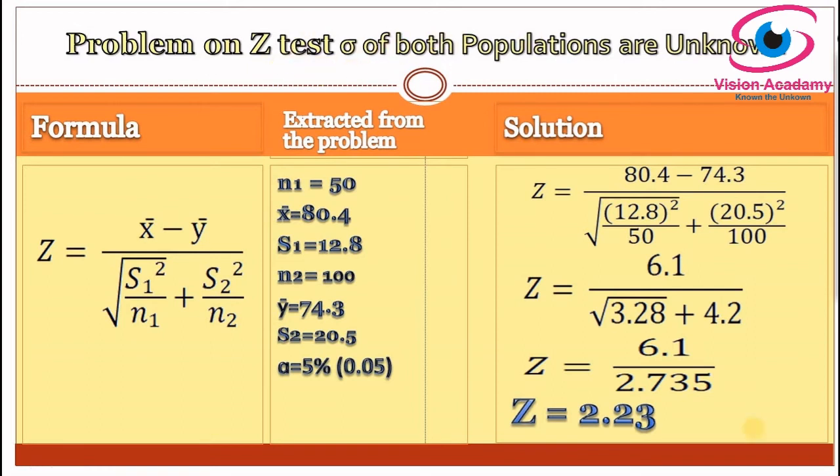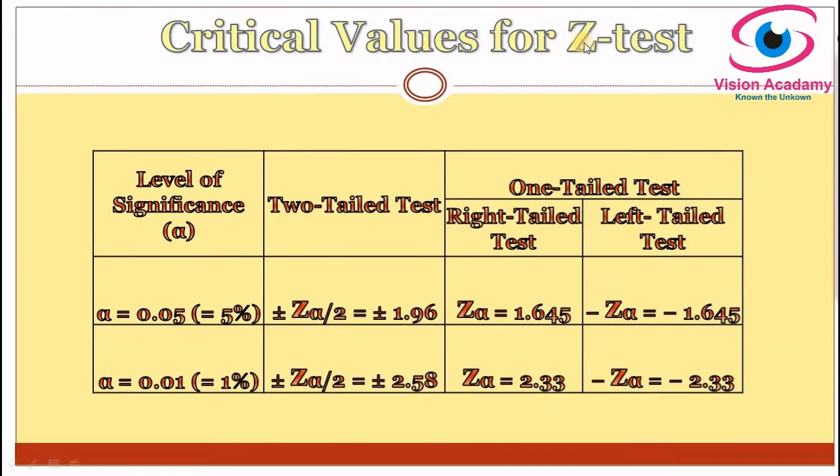In the next step we want to obtain critical values, and we have to plot those critical values and the test statistic in the graph. Then we can take a decision. Since our alternative hypothesis is two-tailed, it is a two-tailed test and our alpha is 5%. Then let us see the critical values for alpha 5% for a two-tailed test. So this is a table for critical values for the z-test. Our significance level is 5%, that's 0.05, and we are testing a two-tailed test. So for alpha 0.05 for a two-tailed test, our critical value is 1.96.